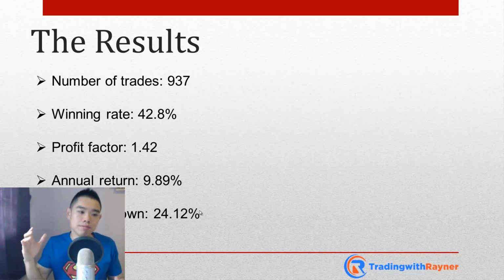Now, this isn't a strategy that you may or may not trade, because it can be further improved if you trade more markets. A number of those multi-billion-dollar hedge funds who employ a trend-following approach don't just trade 20 markets, some of them trade more than 100 markets, because as you've seen, the more markets you trade, the more diversified you are, and it improves your returns relative to the risk. So this is just an example to share with you that trend following does work, but you may not want to trade it in live markets because 20 markets is not really a lot to start with. But it's more than enough to beat the markets and share with you this important concept.